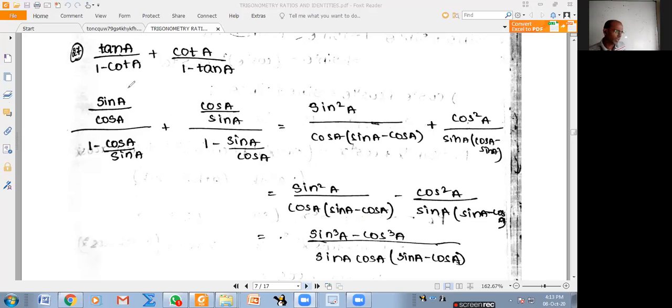Here, tan I wrote sin by cos, cot as cos by sin. Here, cot as cos by sin, tan as sin by cos, and take LCM. Okay. Then here I got this. Here also I got sin A minus cos A. That is here also sin A minus cos A. Here also sin A minus cos A. I can take LCM, and then